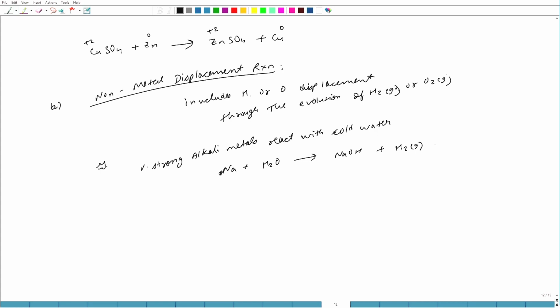You can see by calculating the oxidation number again, oxygen going from -2 to, hydrogen going from +1 to a 0 oxidation number, whereas sodium going from 0 to +1 oxidation number. Okay. These are strong alkali metals, however, the alkaline earth metals,